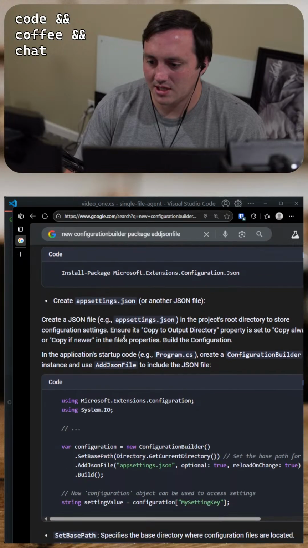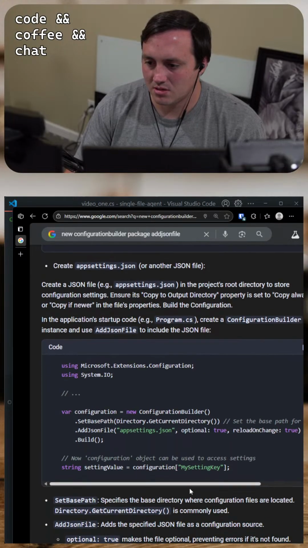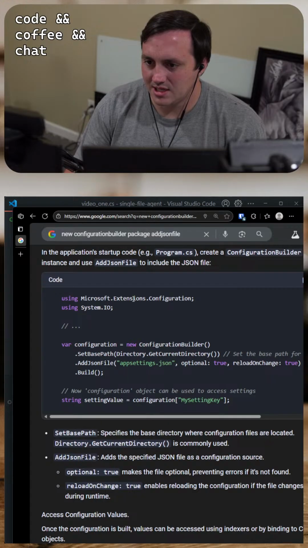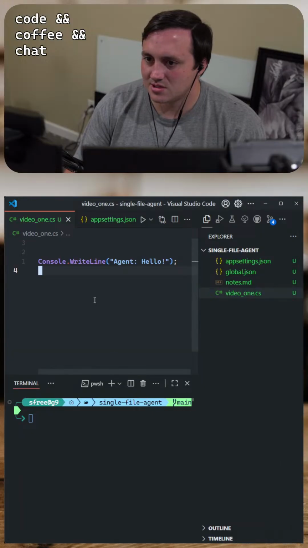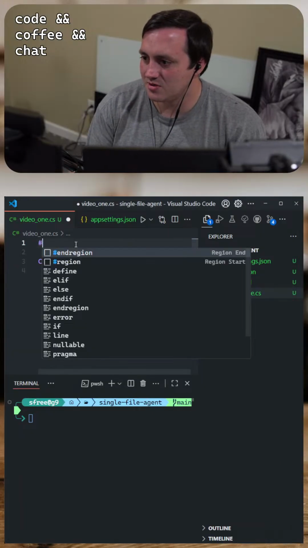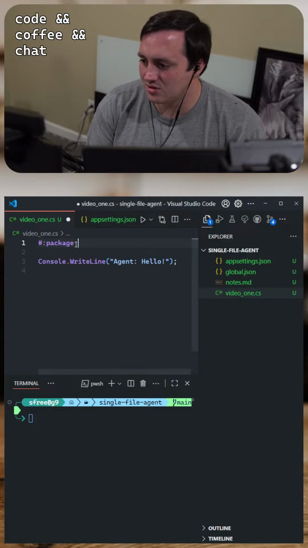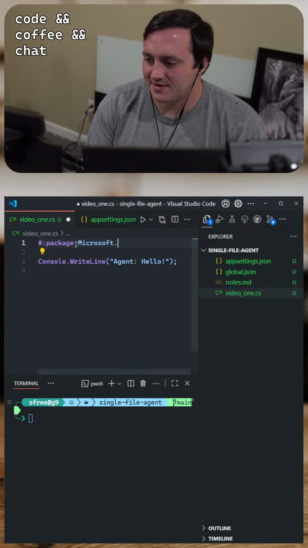Yeah, I think I need to do this. I need to do something like this right here. So, how do we reference a package? We do hashtag package Microsoft.Extensions.Configuration.